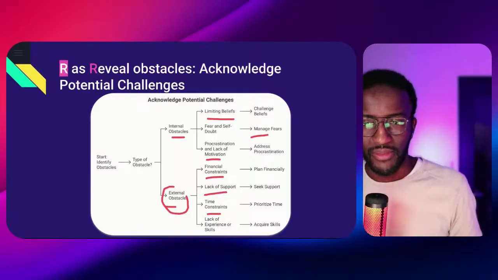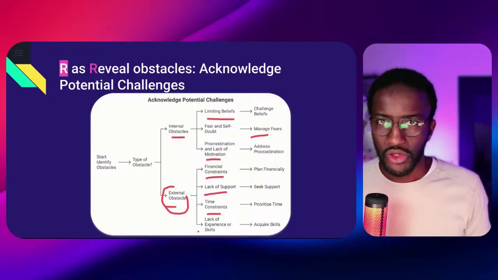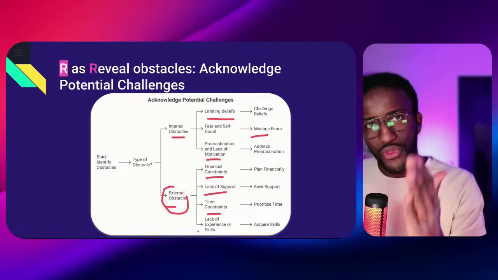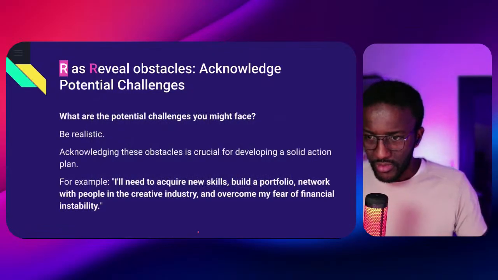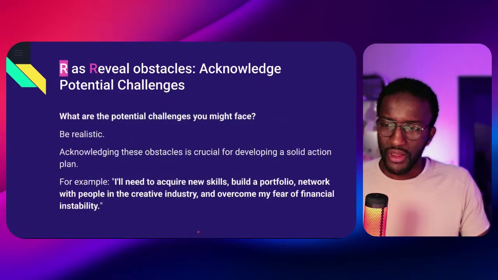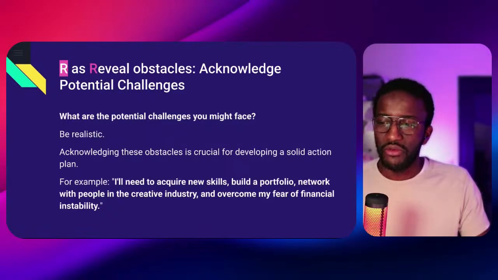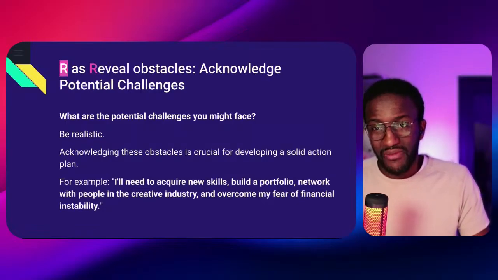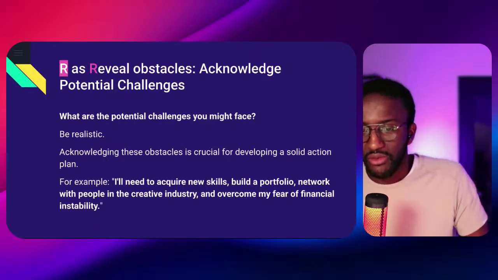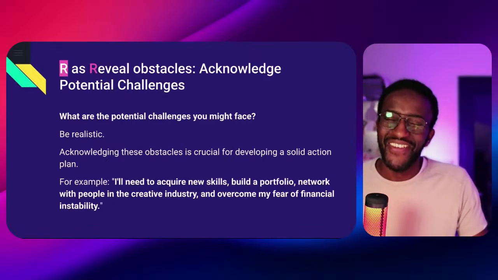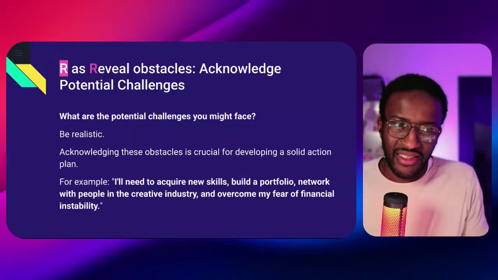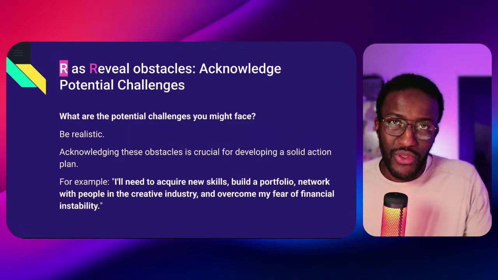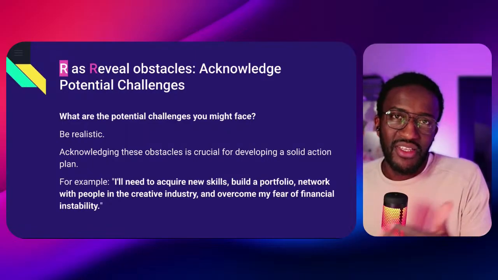Then, in the next step, continuing our example, you can lay down all the different steps you can take to get to the destination you want to reach. So, reveal obstacles, for example, in a career path. I have to be realistic, acknowledging that there will be obstacles if I want to change career. I will need to acquire new skills, maybe build a new portfolio, because on the internet we are nobody, so we always have to prove ourselves. Is that an advantage or a disadvantage?